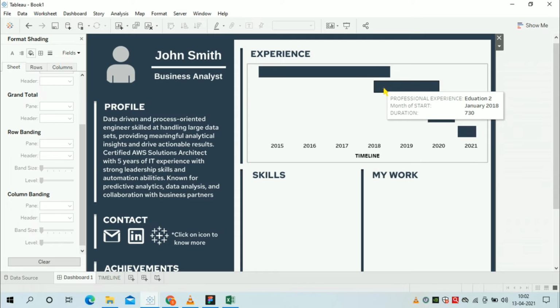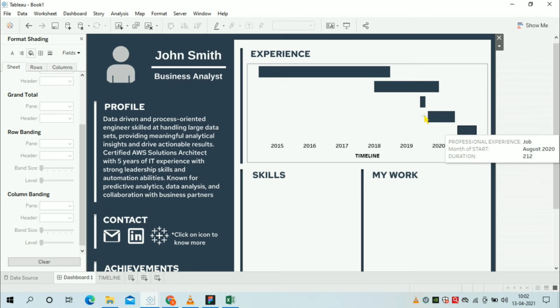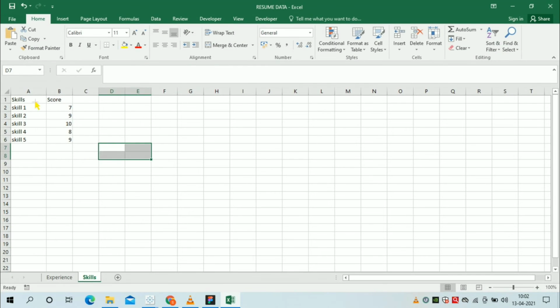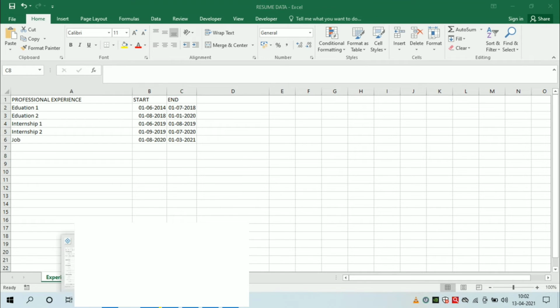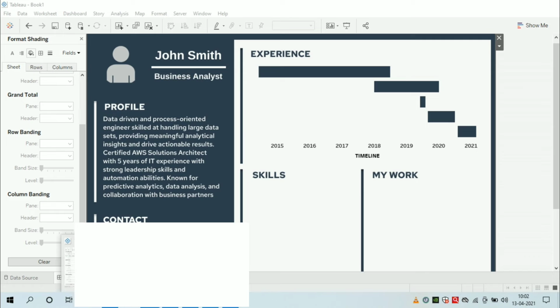The education 2 column is not proper because two education won't be colliding. So for that we'll change the data set. Go to the data set. I'll change the month of the education 2 to the 8. Save it. Now go to your worksheet.